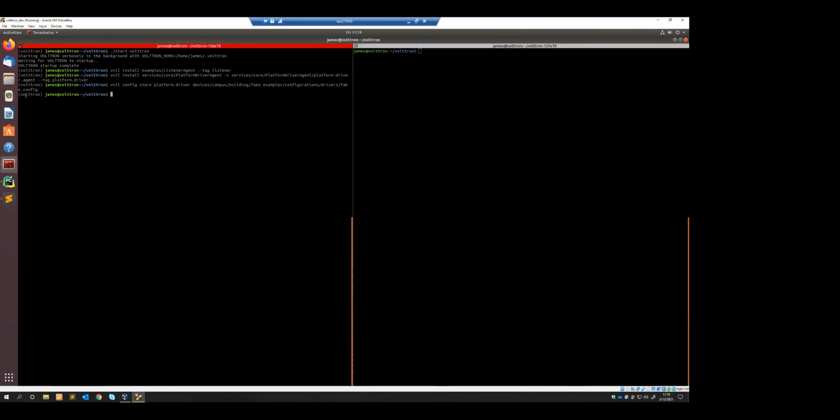Now we need to add the registry. Recall the reference to the registry that is contained in the driver's config file. We'll use this to store the config. Use the command vctl config store platform.driver registry